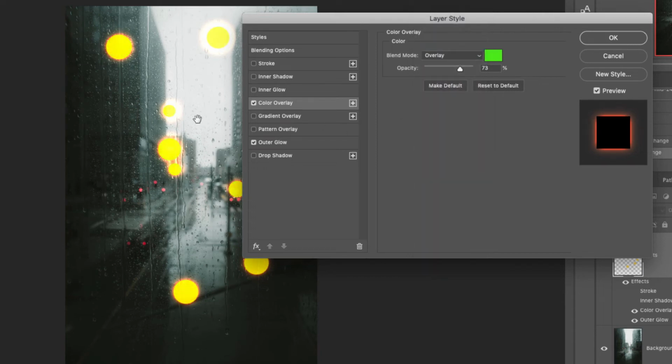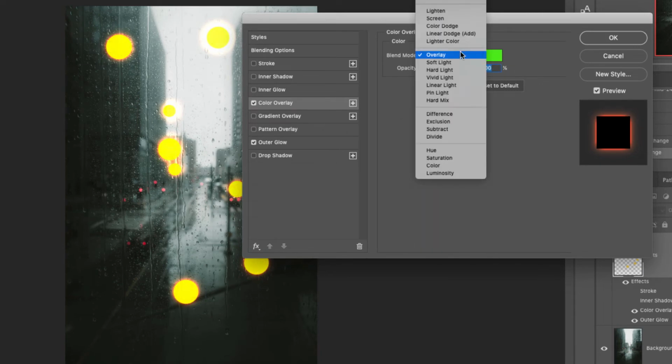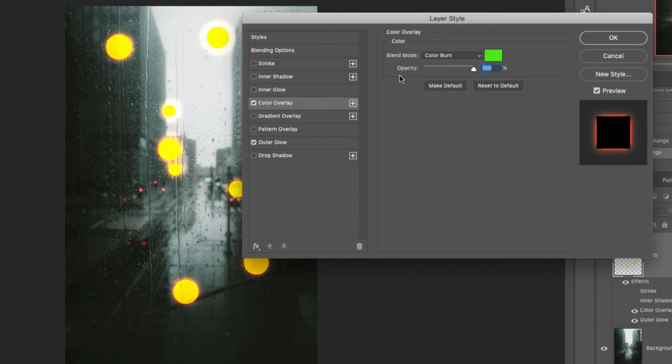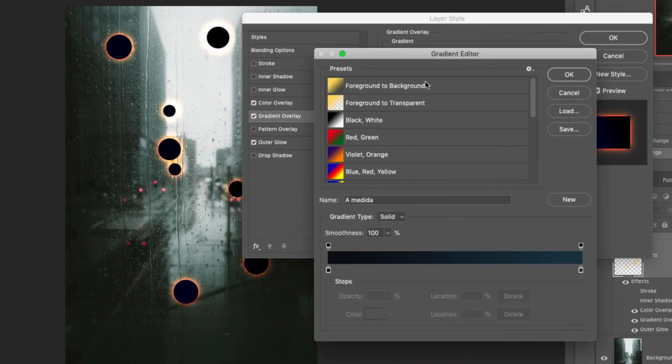But it's interacting with that yellow, which is not going to make it really visible, so you have to try around. Now this style is not particularly useful here. It's not going to do much except on the bottom shapes there. Let's leave it on. Then you have a gradient overlay, which is going to do the same as the color,